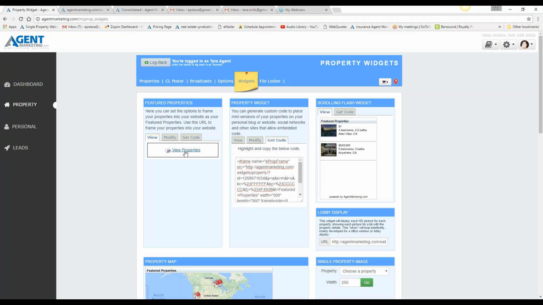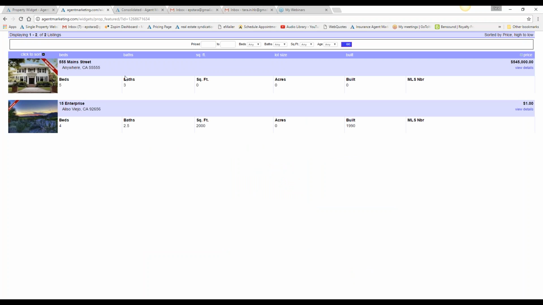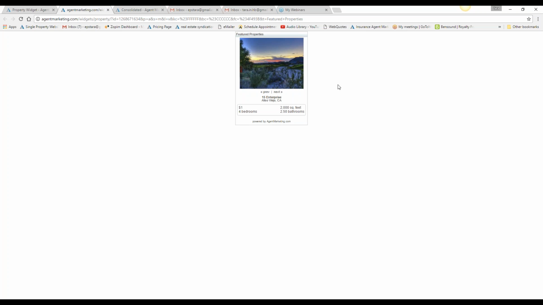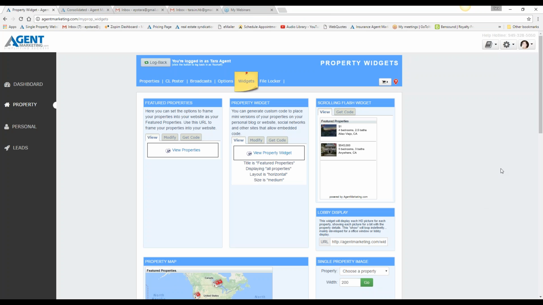The different ones you see here, as you can see, this one will display all of your properties that you have listed for sale, and it'll look like this. I'll just show you what these all look like. This one displays it in a nice little box. As featured properties, it'll kind of scroll through each one. Then you have